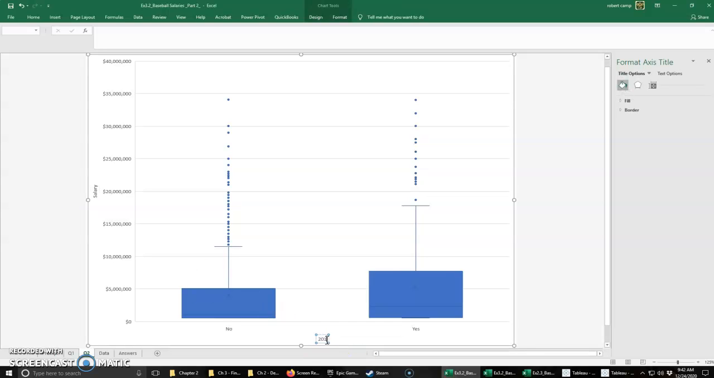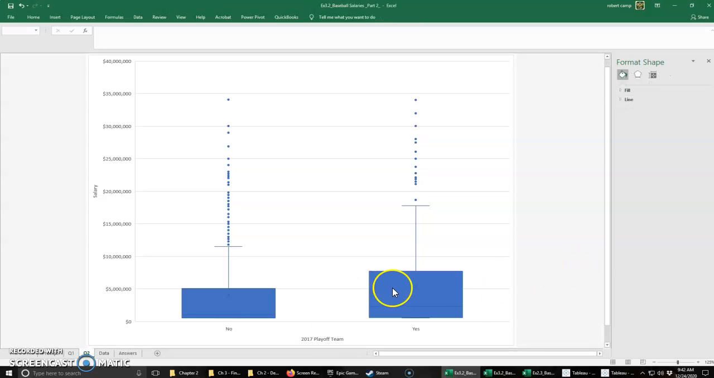And this was 2017 playoff team. And so once again, we've got two sets of data. We're able to quickly look at things. And so we can see that both these distributions are right skewed, which means that they have a long tail